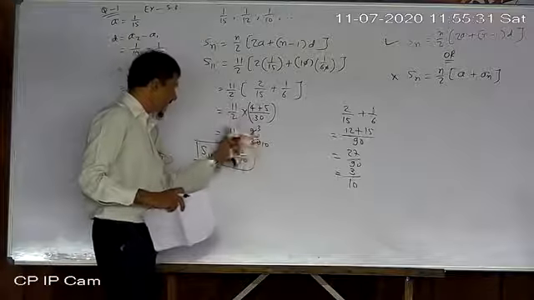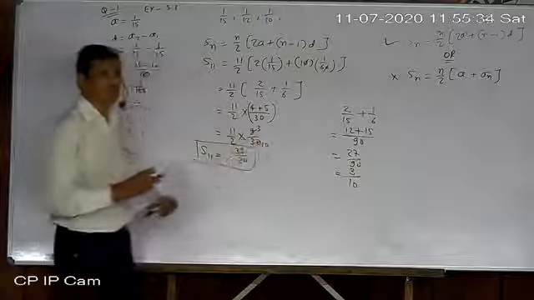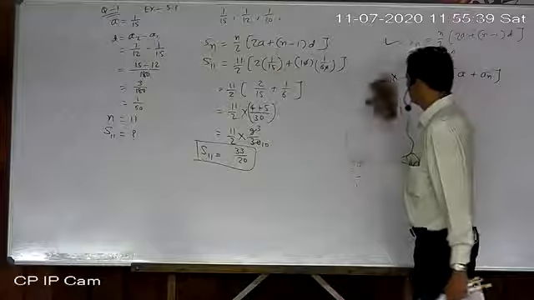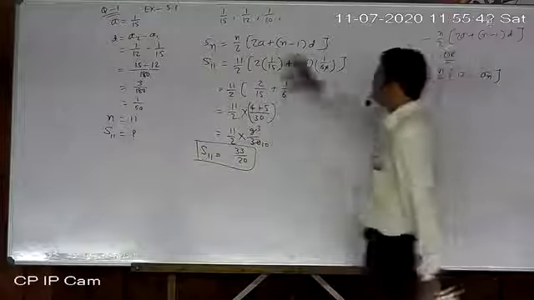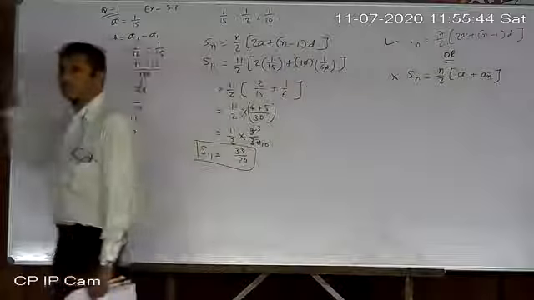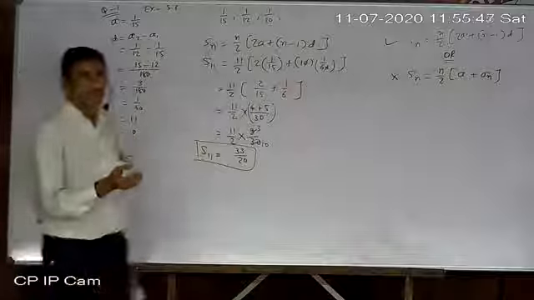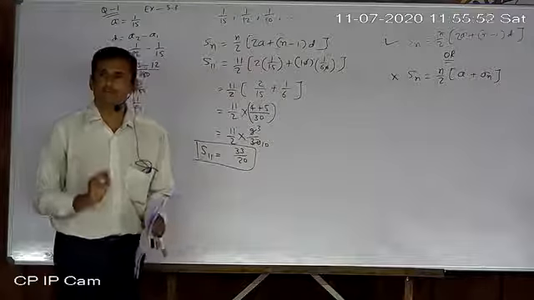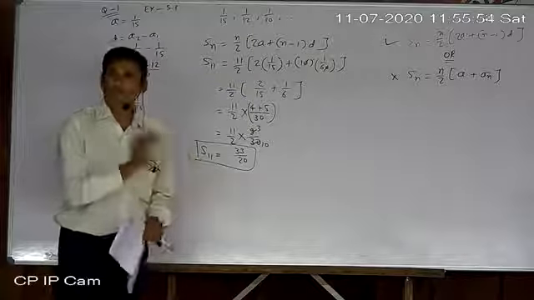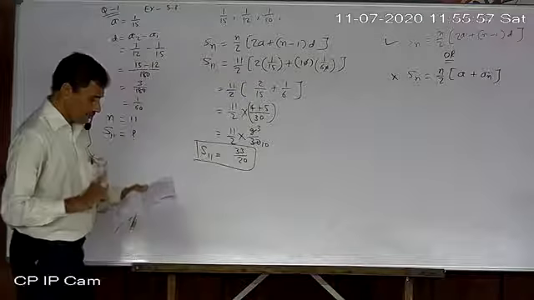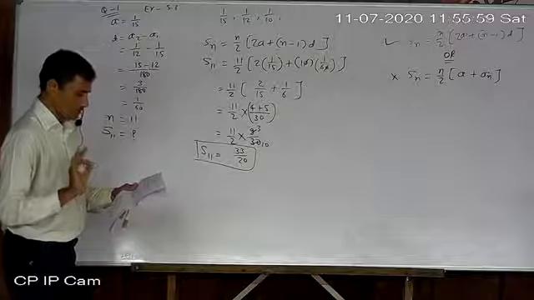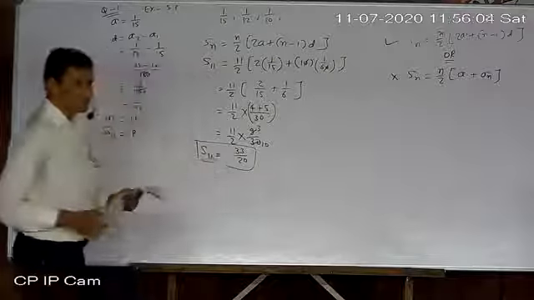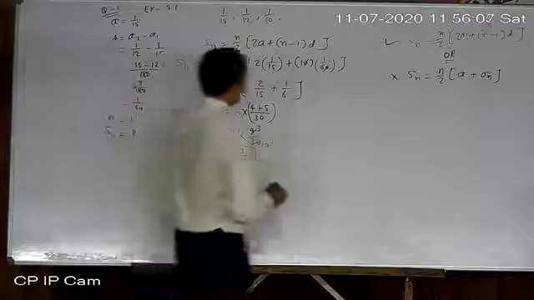After getting 3 by 10, just multiply by 11 by 2. So that is the first specimen sum. Now if you know the formula, placing values, and if you know well how to simplify, then nothing is new here. Everything is simple. So the remaining 1, 2, 3 are in homework. Even so, let me solve the second one also. So now the sum of the second one.